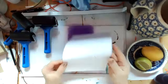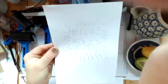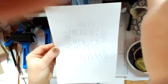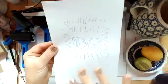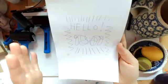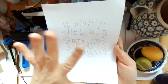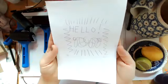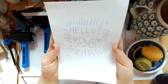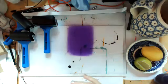And then when you lift it up, you can see, because I've used a very hard pencil, it's a 9H, that is really, really sharp. The line is super sharp, and because I've used so little ink, it's quite light colour as well. Okay, so that's one method,